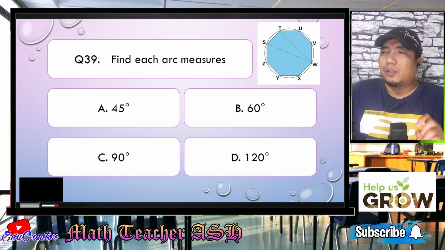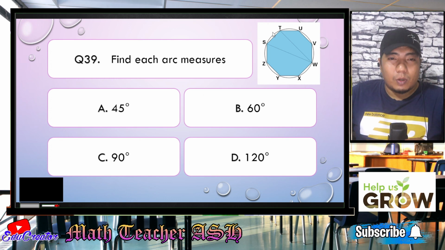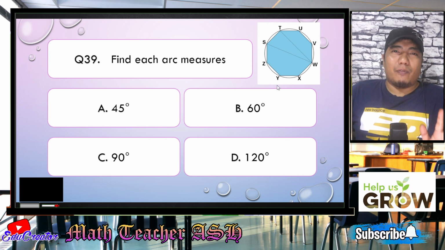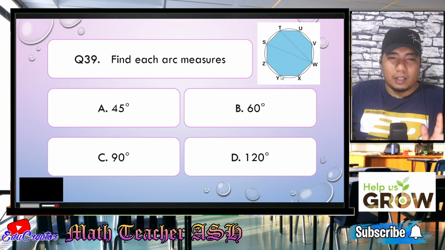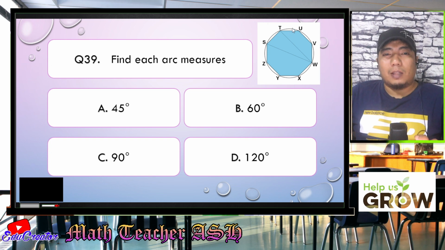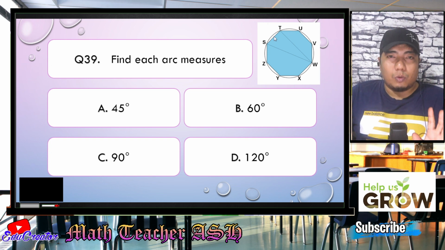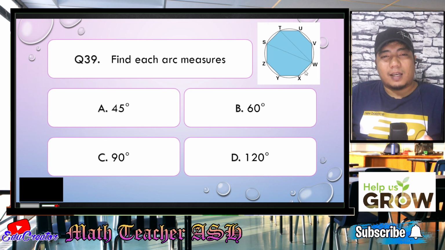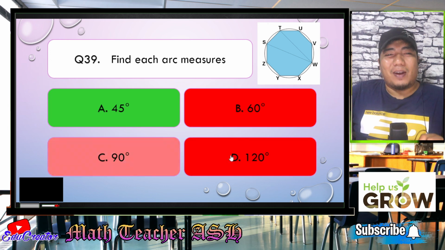All right, math learners. So basically, what is asked in the problem here is what is the measurement of each arc? This one, this one, this one, and so on and so forth. Now, in order for you to know the measurement of each arc, consider that this is a circle, right? And what is this figure? How many arcs are there? So this figure has 1, 2, 3, 4, 5, 6, 7, 8. Okay, so that is an octagon. So it means that this whole circle is divided into 8 equal arcs. So if that is the case, my dear math learners, what you need to do is 360 divided by 8. So the correct answer for that is 45. Easy, right? Very easy, my dear math learners.